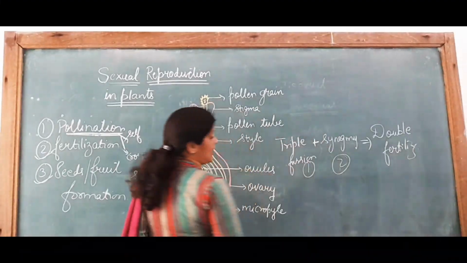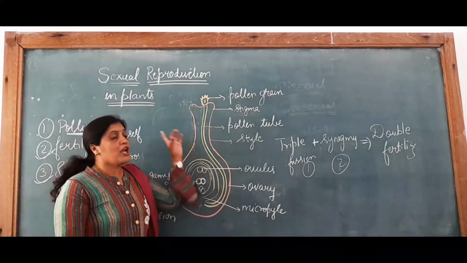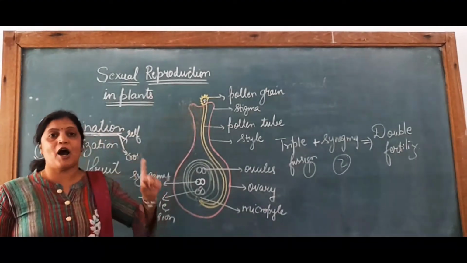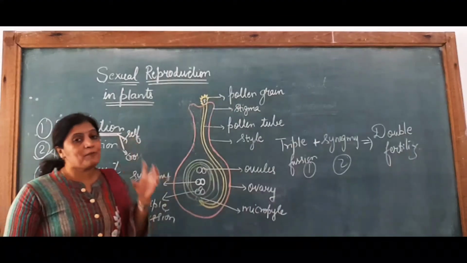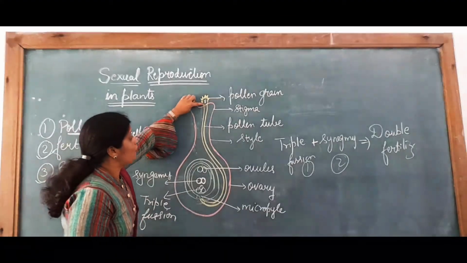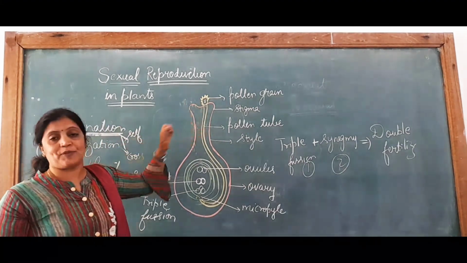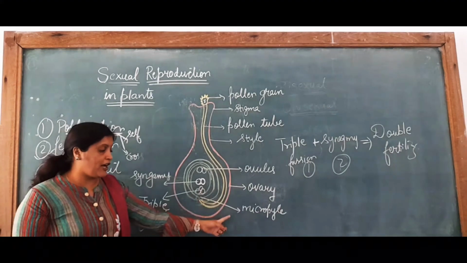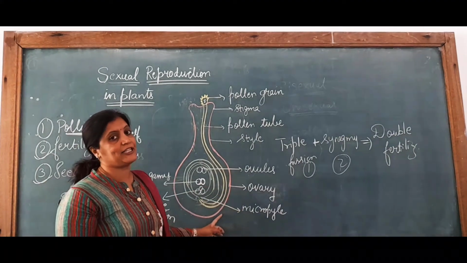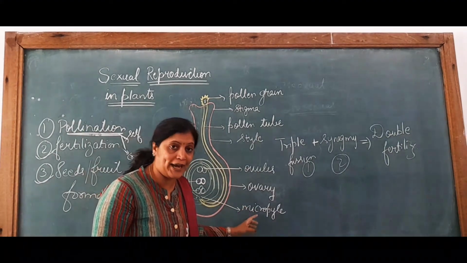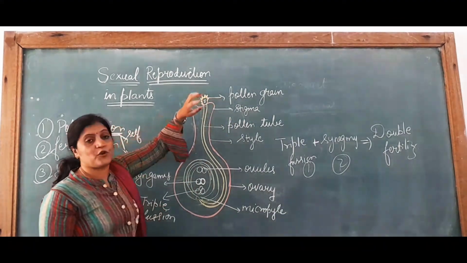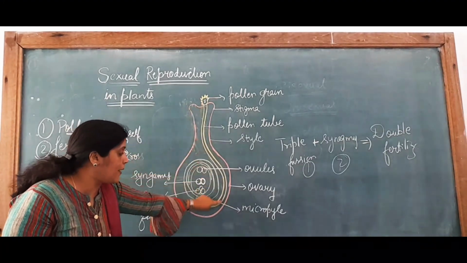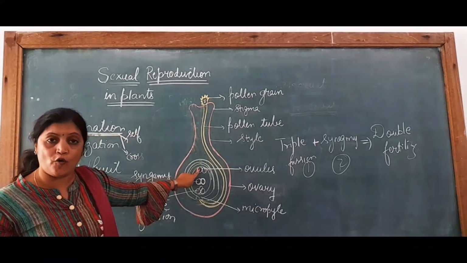Here I am once again repeating this summary. Due to pollination, pollen grains come and stick on the stigma of the carpel. Due to chemotropism, the pollen tube arises from the pollen grains and enters inside the ovary. The place from where this pollen tube enters inside the ovary is known as micropyle. Now the pollen grain's nucleus divides and becomes two nuclei. One nucleus will come and fertilize with the two ovules on the poles.